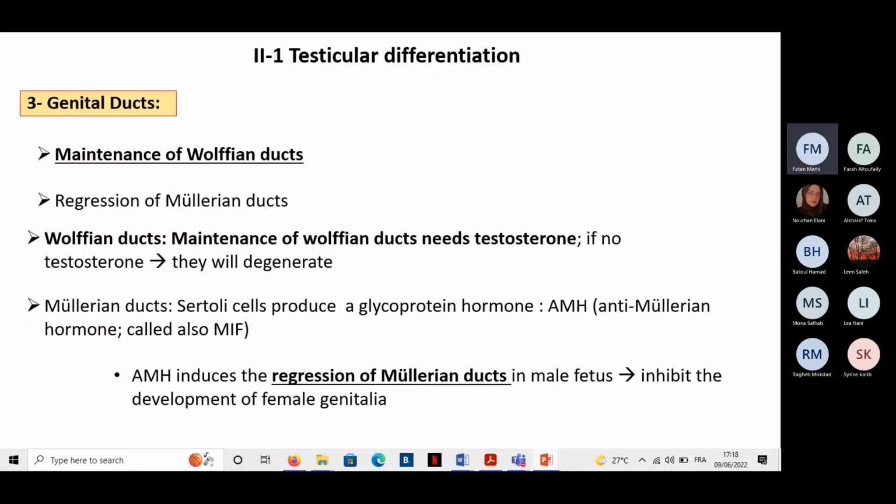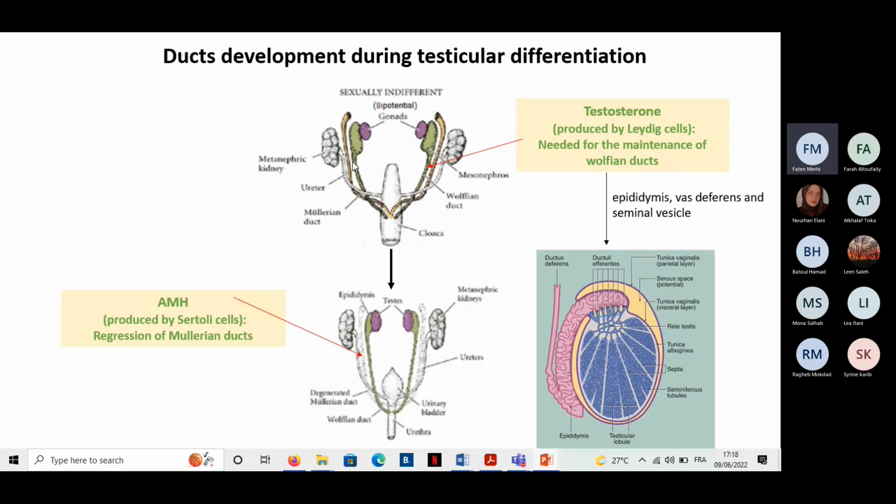Now, what happens, also we are still talking about the testicular differentiation, but what happens to the ducts in the males during this testicular differentiation? Now, as we have said, we had two types of ducts, the Wolffian ducts in green and the Mullerian ducts in yellow. Under the action of testosterone, the Wolffian ducts will be maintained. Okay, and they will